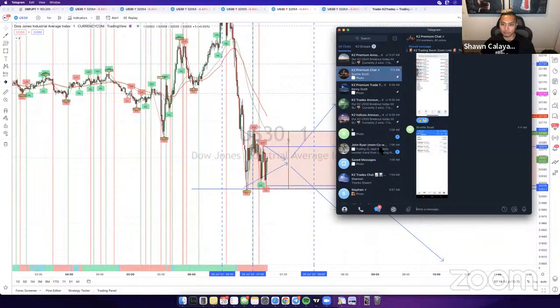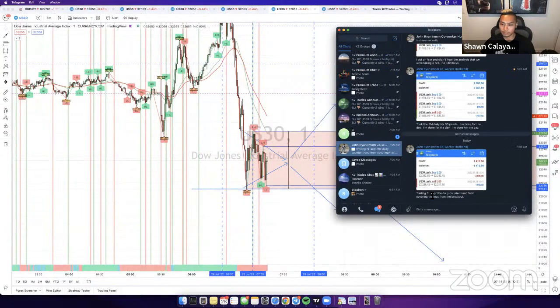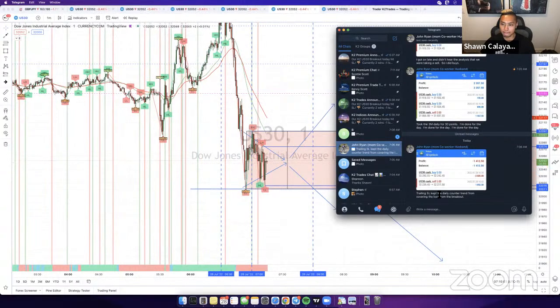Let's see if there's anything else here. John's a trailing stop loss kept the daily counter trend from recovering the loss. Yeah, I think in this case right here, now that we're taking different trades, I probably won't be using the trailing stop anymore. I'll just let them run, because if they hit stop loss on one, the other one's probably gonna hit TP. So like John said over here,